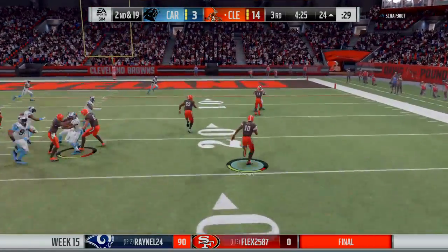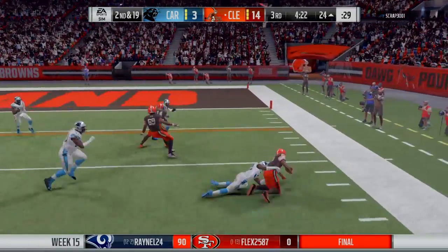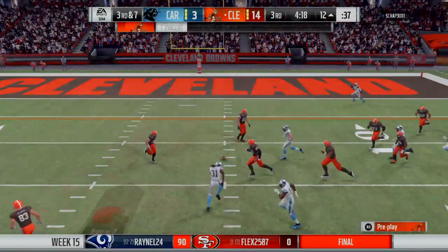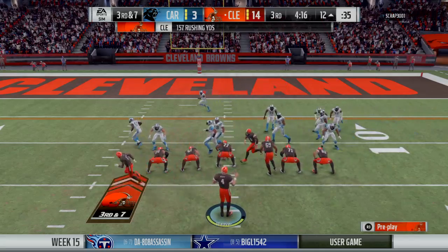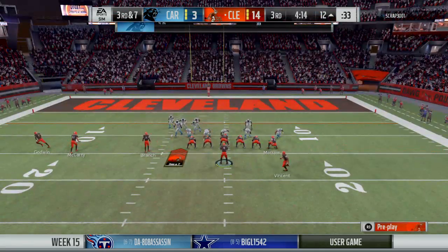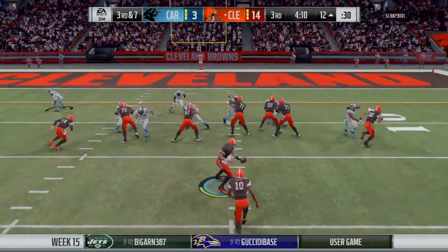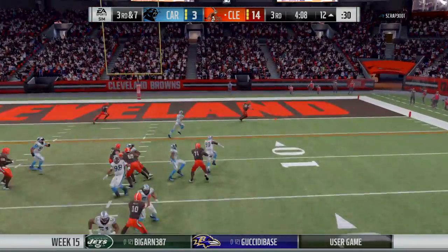Now a handoff looking right. And he's got some space here. And he'll go down here at the 12-yard line. That one good for 12 yards. And just like that, it's third down. In today's NFL, when you get teams in long yardage situations with your defense, you're really going to go to your speed packages. You're going to get...